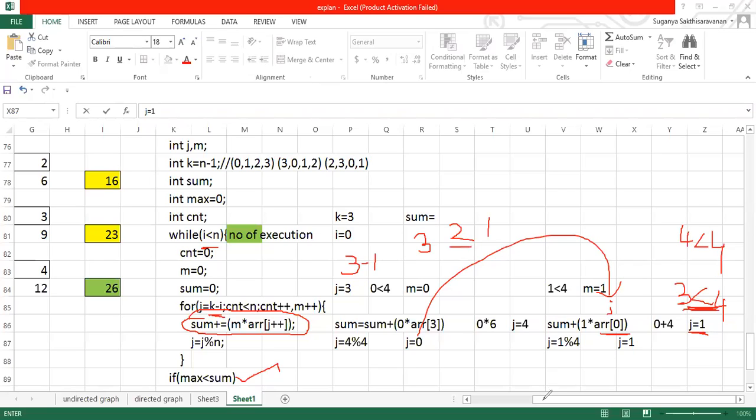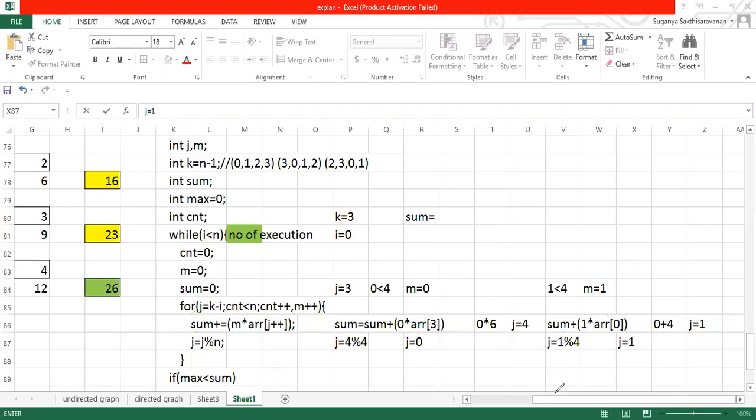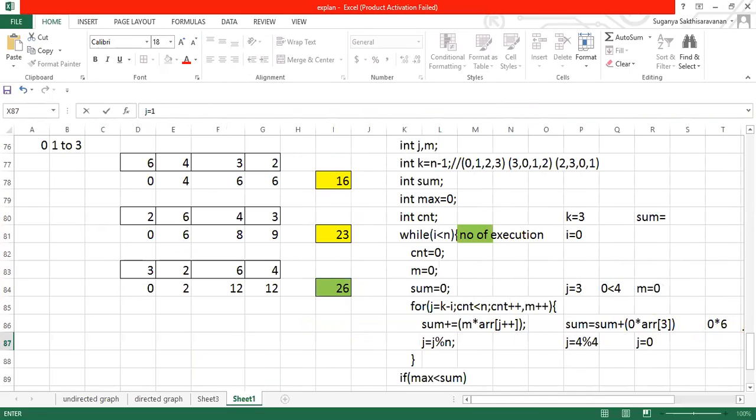So what I'm doing is each and every time I'm going to start with k minus i as my starting point. So first time I'll start my iteration here. Second time I'll start my iteration here. Next time I'll start my iteration here. Wherever I start, I'm going to iterate n times. This is my logic behind it. The important role played here is by this, which plays an important role for my cyclic shift.